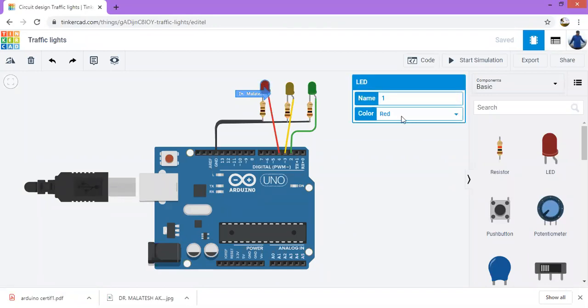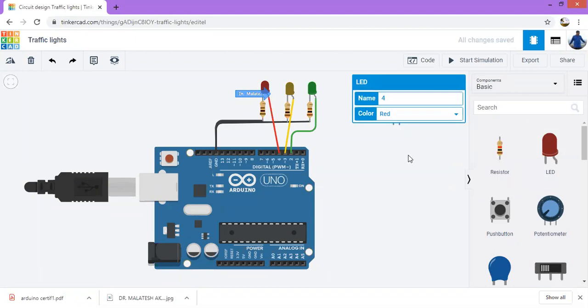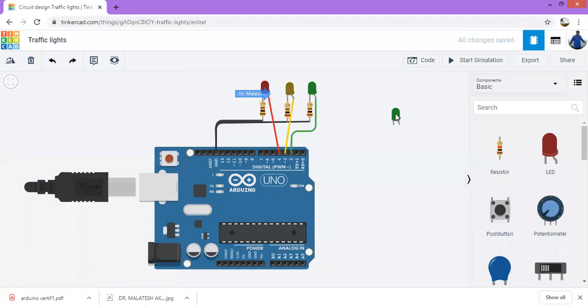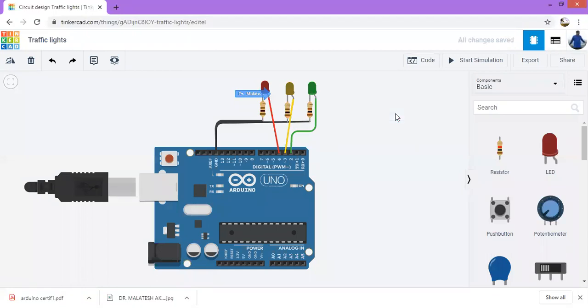We can select the same LED. Like this, you take it, click on it, and give the name for that, red, black, or something like this. Change the color also. You can make it green or white, whatever. So I'll do the same way. I'm going to remove it now. Now I'll first simulate it.